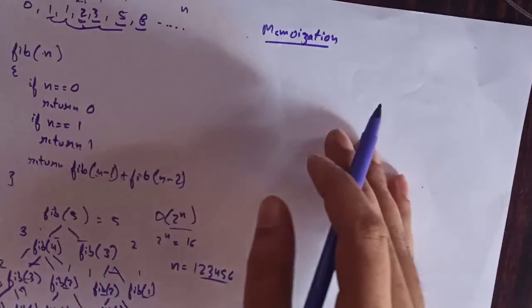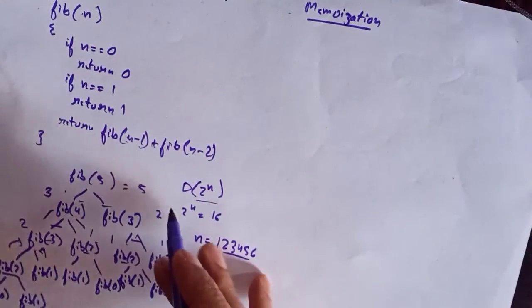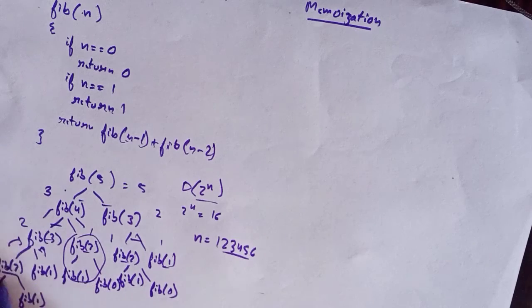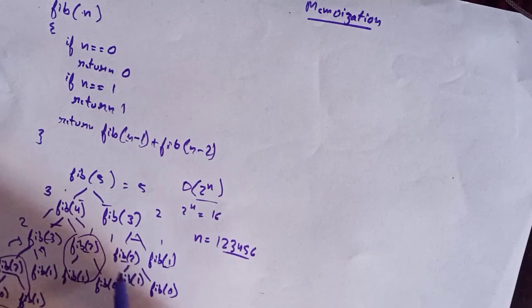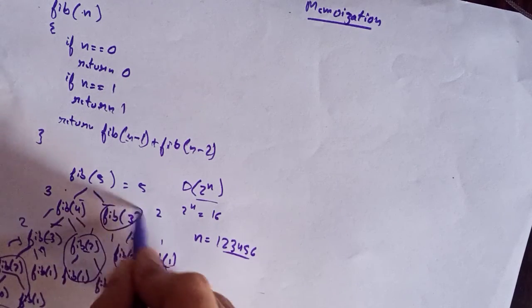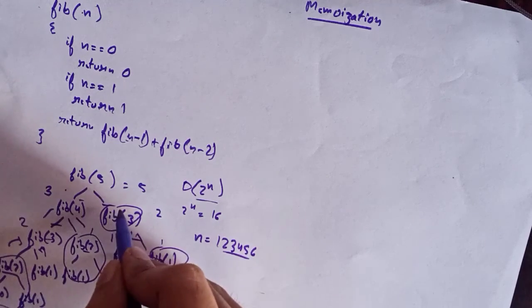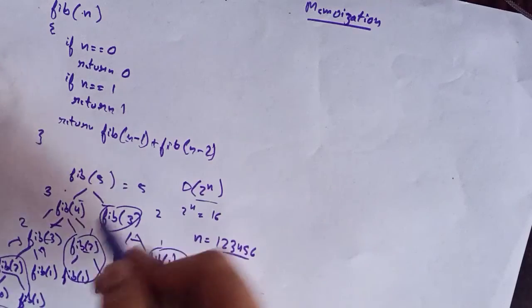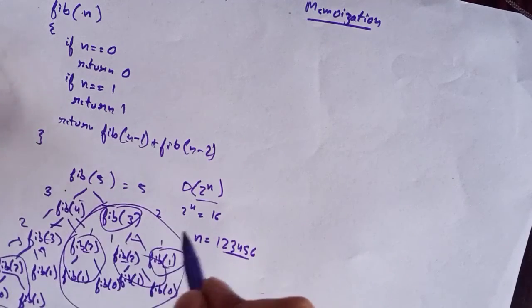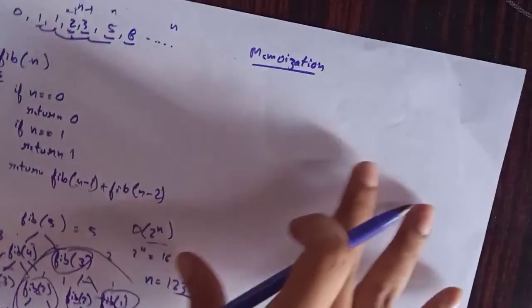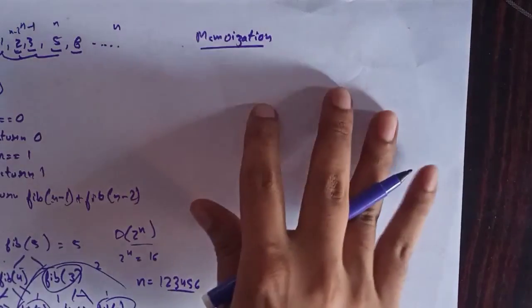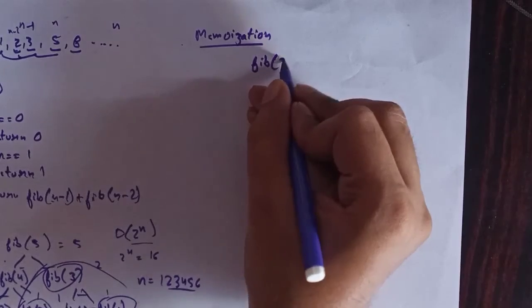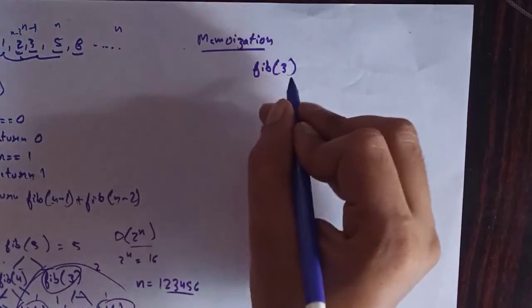The memoization approach is quite simple. From the previous question, we can see that fib of 2 is occurring several times. So is fib of 3 and fib of 1, and we already happen to know these values. So why shouldn't we use them to reduce these occurrences at once? That is where memoization takes place. What memoization simply does is, for whatever value we have once reached, it just stores that value.